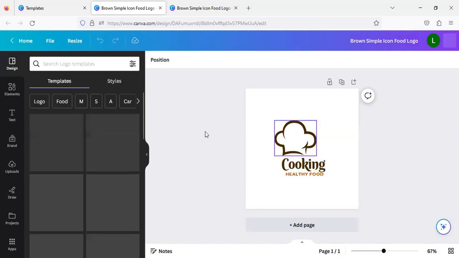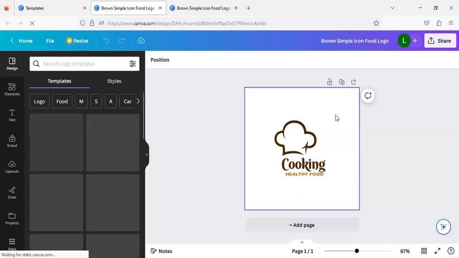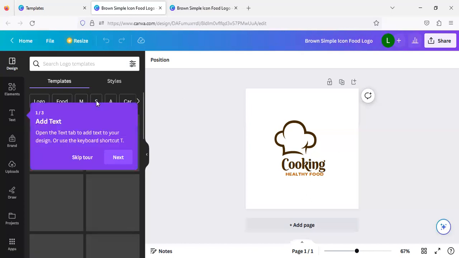But one thing I love about using the Canva templates is that once you use templates, it makes it very easy for you to actually edit. So this is the design bar that I told you about. We have elements, you can add text, you can draw, you can do a lot of things in this. We have the templates here, you can see other templates here. So firstly, since this is the background that I want to change, when we click on this background,